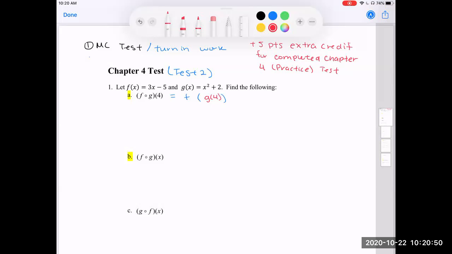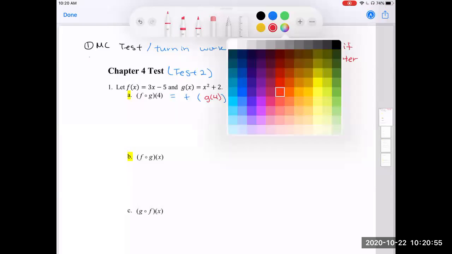So you can do this in pieces. You can first find what g of 4 is. And if we go through the work,